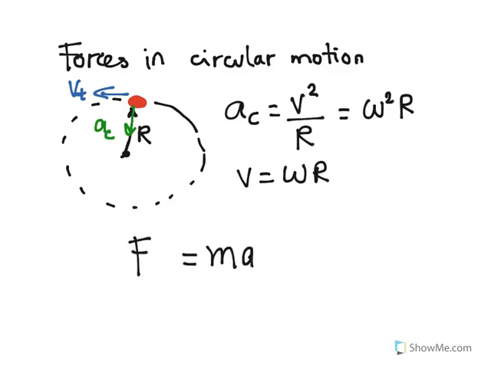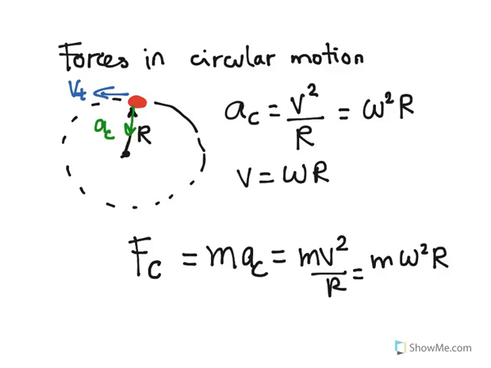And if there is a force, mass times acceleration, which is the centripetal acceleration, the force that has to generate this acts as a centripetal force. And of course this is going to be mass times velocity squared over radius, or for instance mass times omega squared times radius. And this is the so-called centripetal force. But what is this centripetal force?